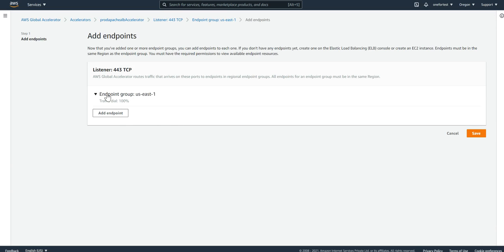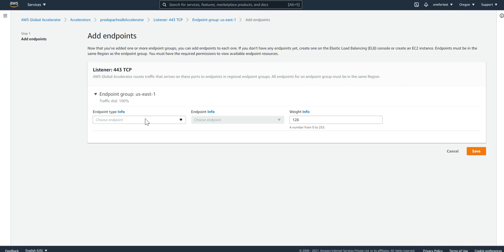Currently my direct complete traffic is going to one endpoint only, because I have that endpoint only. So it is showing traffic dial 100%. But if you have multiple endpoints, you can distribute your traffic as percentages as well, like 60% of traffic will go to one endpoint and 40% to another endpoint. This will help you do the performance testing, or the deployment, I mean, blue green deployment as well. So that will help you guys to do the performance testing.